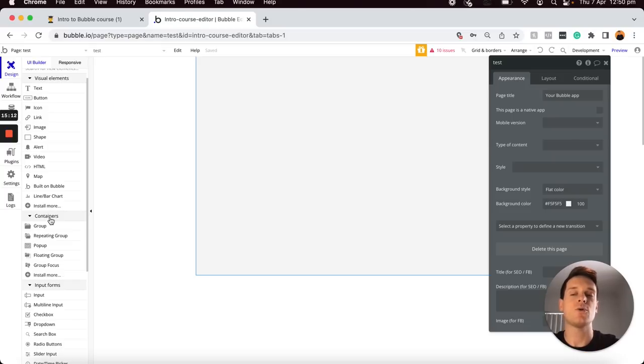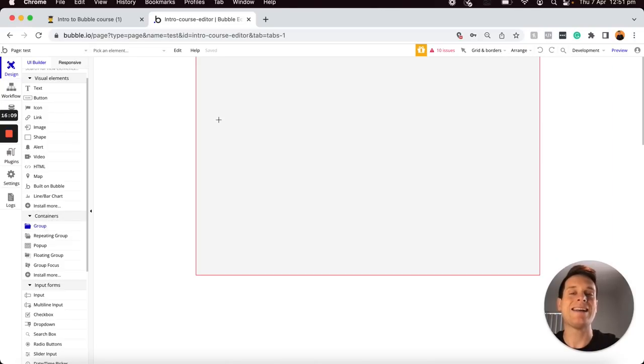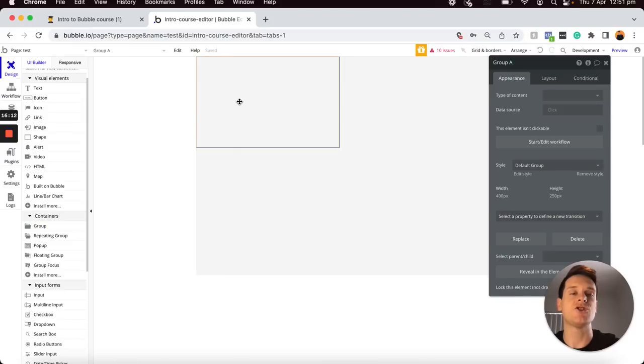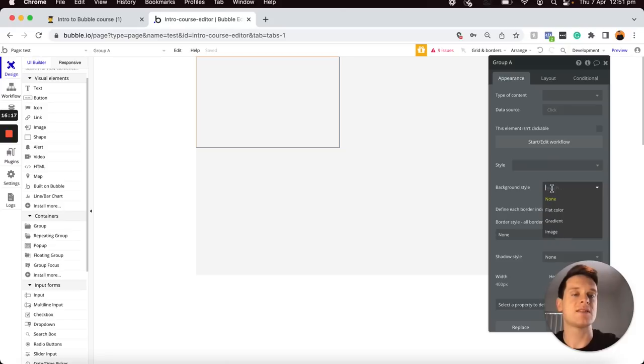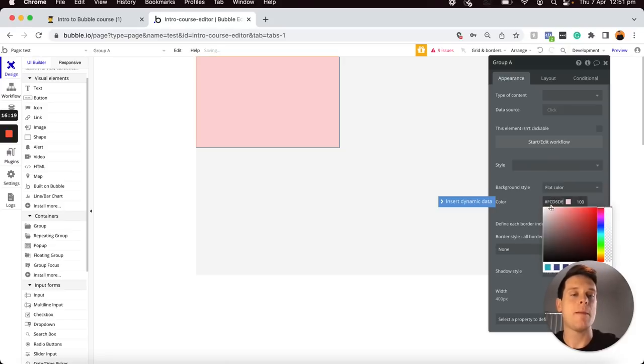And now within our course today, I actually have a dedicated module focused on just container elements, just because these are essential when you're creating an application within Bubble. But right now, I just want to skim over the purpose of them, so then I can explain the next category of elements. But you might remember from our previous module, I had added a group element onto my page, and within that, I had updated the color of it, so I removed the style, and I added a background color on the